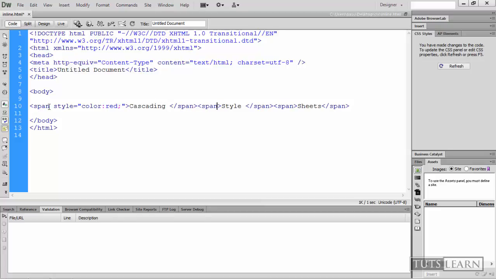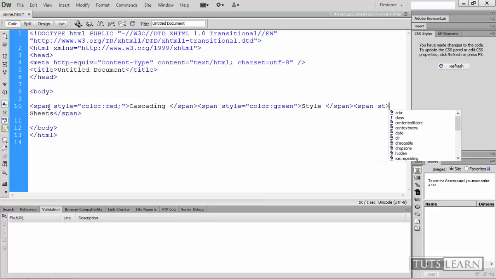And for the other one, say style equals color green. And the third one, say style equals color blue. And it's very important that you terminate whatever you start. You can terminate by using semicolon,